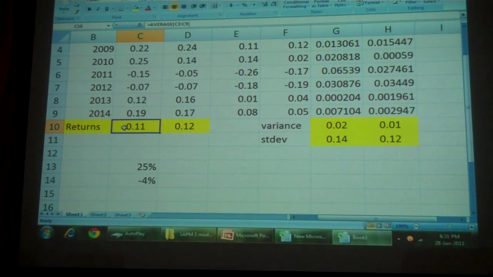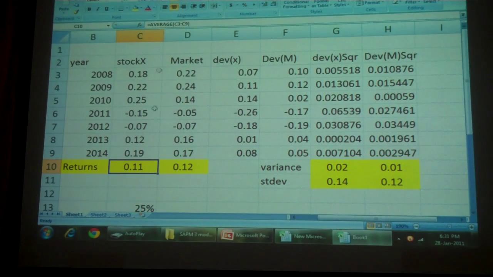So what I strongly suggest is to take at least the last 3 years of daily data. Calculate daily returns and daily standard deviation. Convert that into annualized returns and annual standard deviation. How do I convert daily returns into annual returns? Let's say my data is daily returns. That means the average is also a daily average, right? How do I convert it into an annualized number? Multiply by 250. I told you there will be 250 trading days in a year. So daily returns will be multiplied by 250.